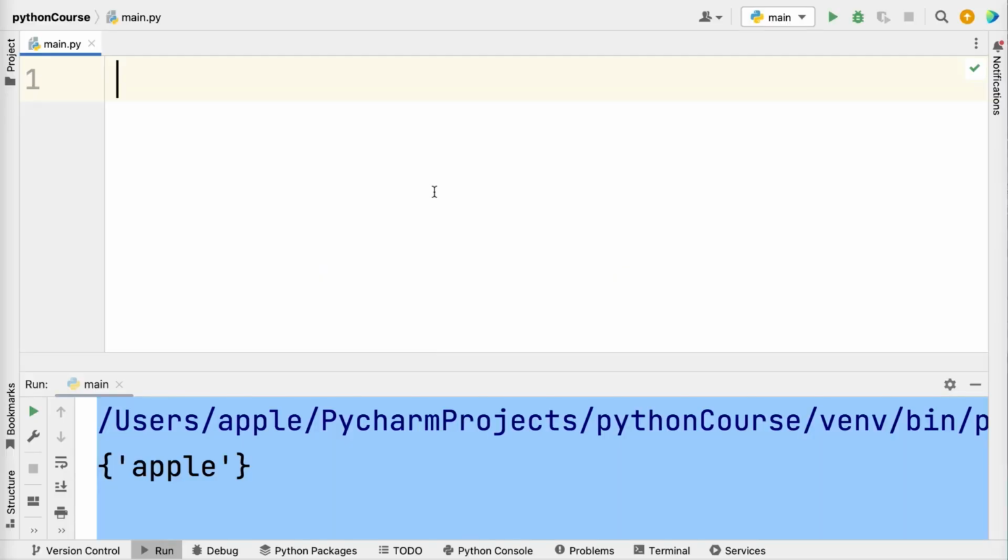Exception handling in Python is a mechanism for dealing with errors or unexpected conditions that may occur during the execution of a program. It allows you to handle these situations in a controlled way so that your program can continue to run even if part of it fails. For example,